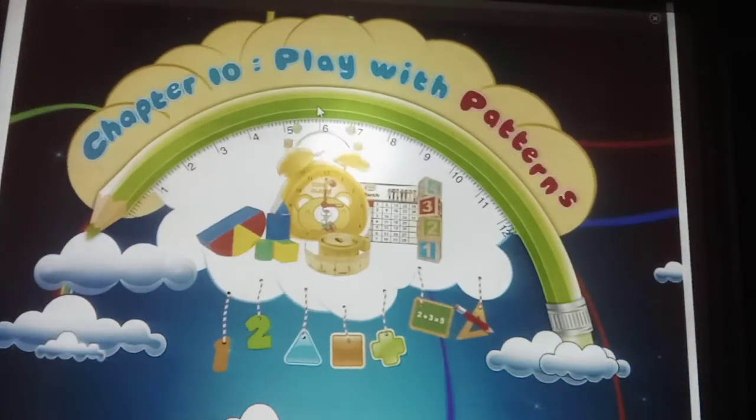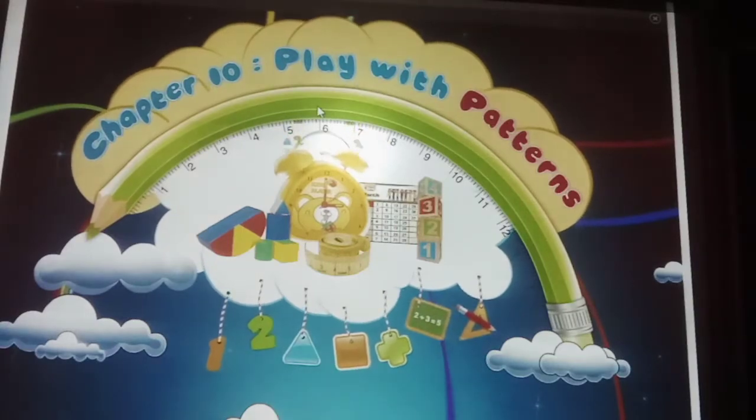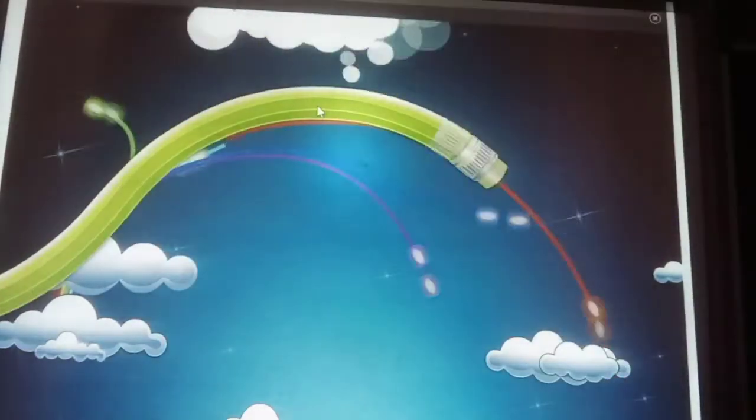Chapter 10. Play with patterns. Patterns around us. In everyday life, we see many patterns. For example, barbed wire, grills of a window,